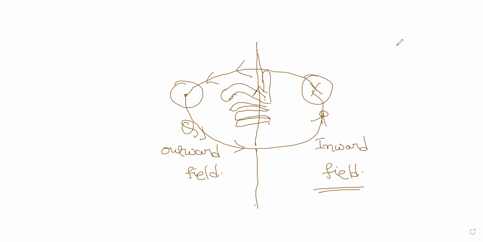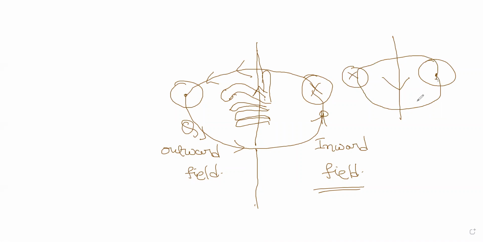I can have a clockwise type field when the current in the conductor is reversed. So here I get outward, and here at this point I get inward, and then what I get is a clockwise type field. Now this is like clockwise. If the direction of current is reversed, I get clockwise type field. And here this is outward and this is inward. I hope you got this funda. You have to hold your right hand and do it for yourself. Then only you will understand this.